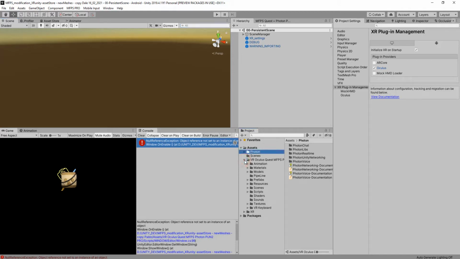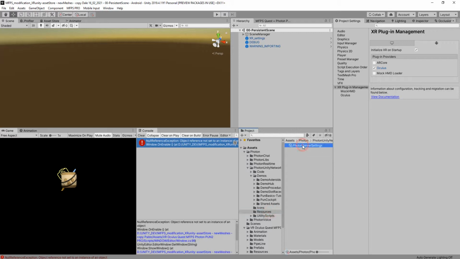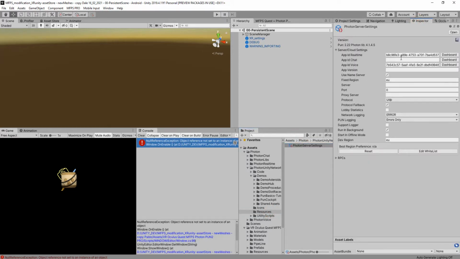Now the last step you have to do is go to Unity networking here, and in resources you have the Photon server settings, and you have the option here to add your real-time code, that is the PUN code that you can obtain from the Photon Engine website, and you have to do the same thing for the voice ID. So this is all